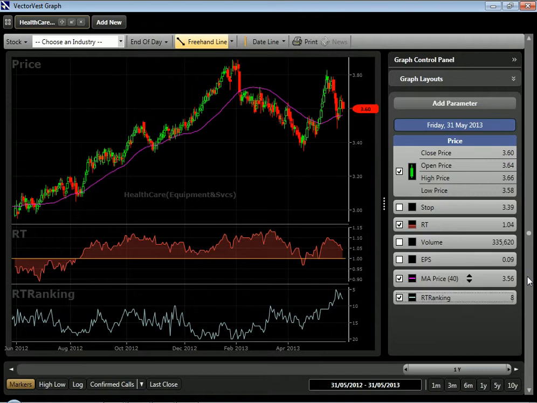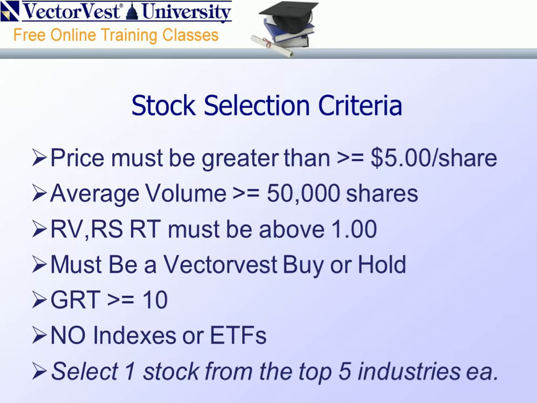Remember, in the end, we're trying to buy rising stocks in rising industries and rising markets. And the market, by virtue of its performance, is telling us what's in favor. Kevin had identified several criteria he likes to use for his cherry-picking technique. And these were his criteria, and so he'd go to the industry viewer, click on the top industry that wasn't an index or ETF industry,